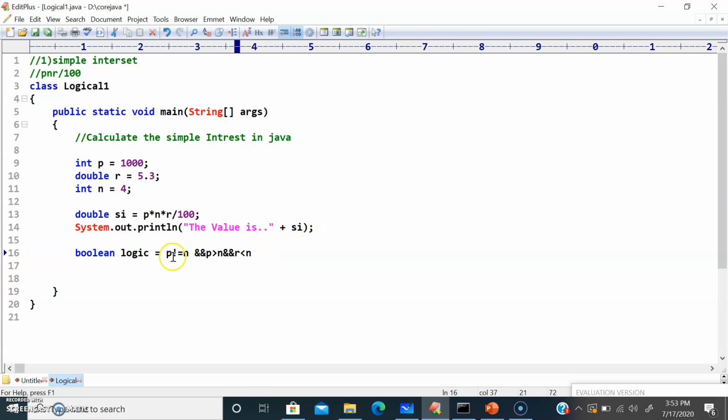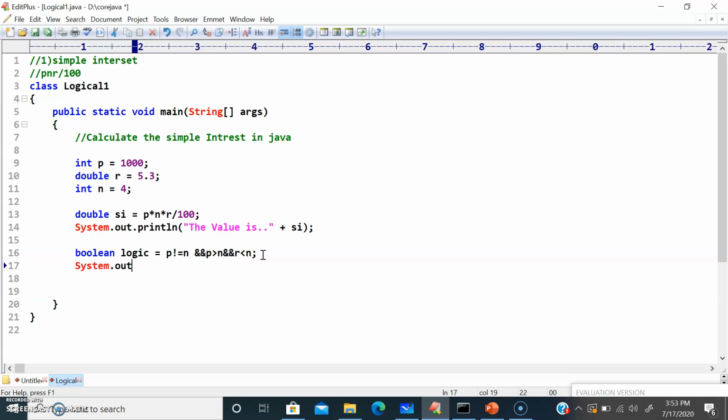So P is not equal to N is yes, true. And P is greater than N, 1000 is greater than 4? No. And R is less than N, 5.3 is less than 4? No. So let's see what it's going to give us.